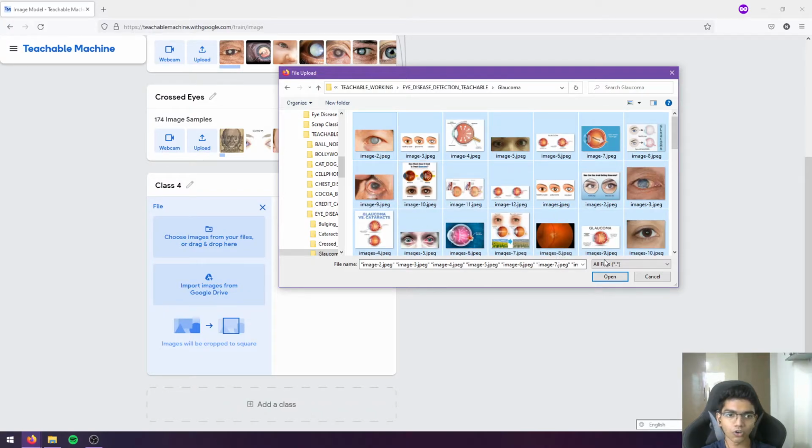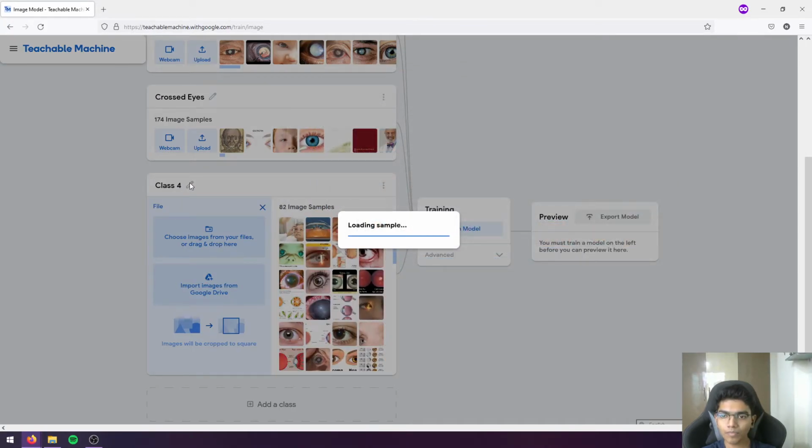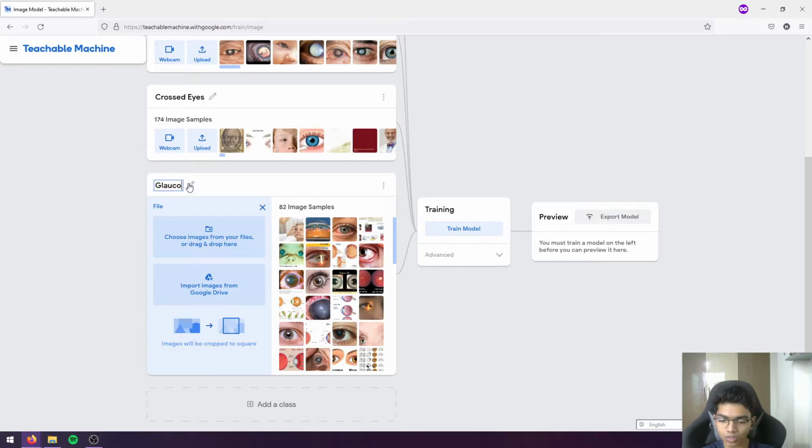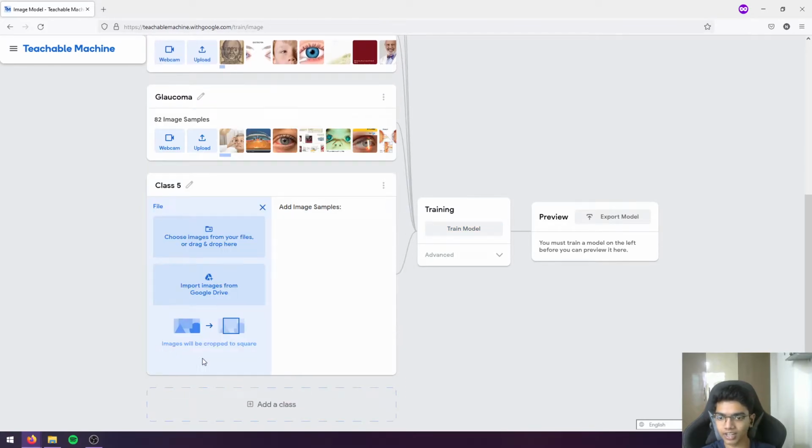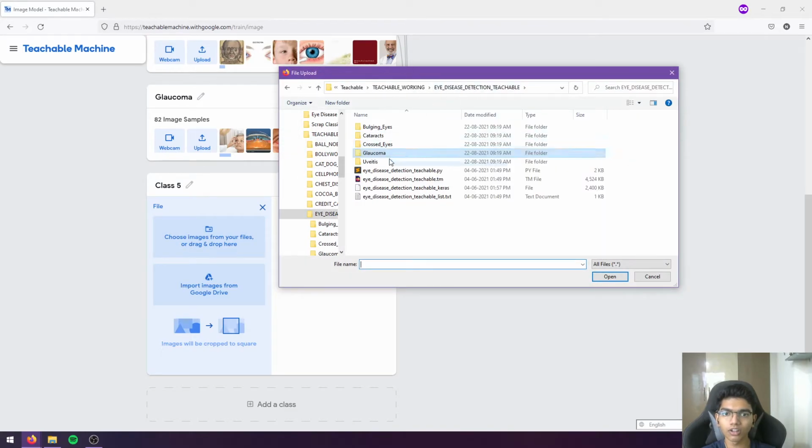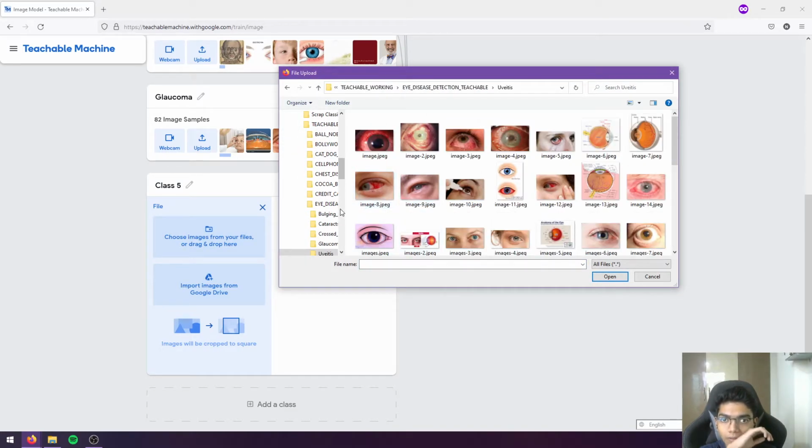The next case is glaucoma. So we are adding a class for each of the diseases for which we have data. So there would be a last class here for uveitis.